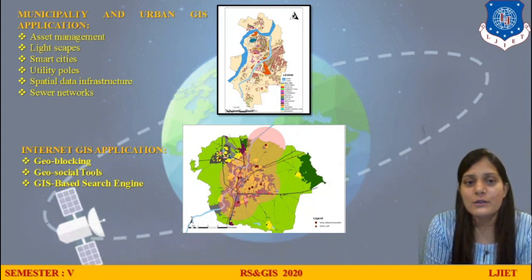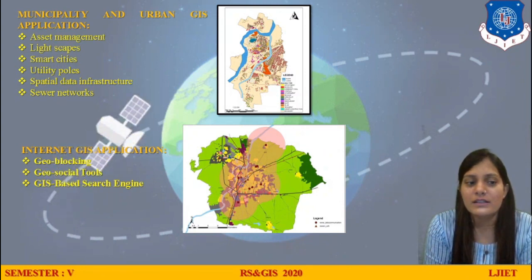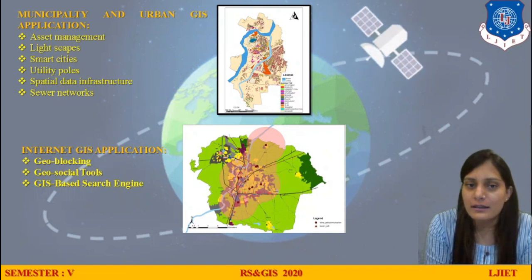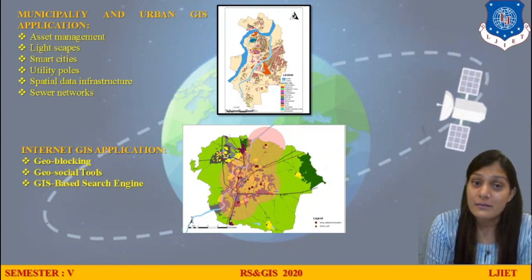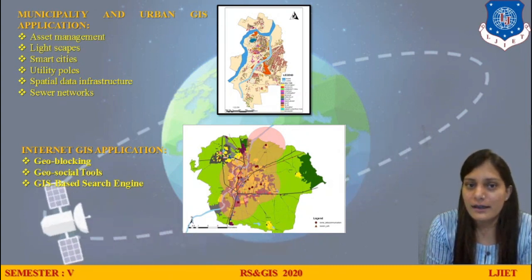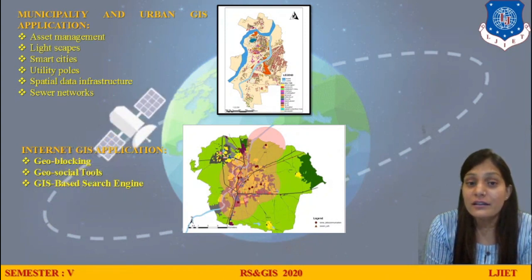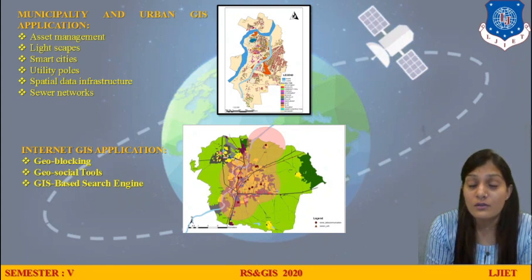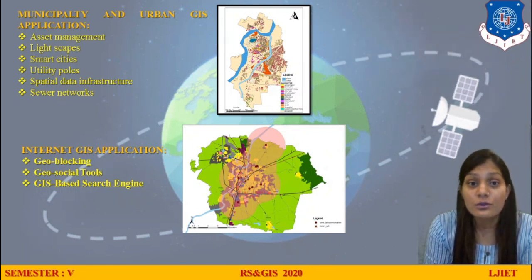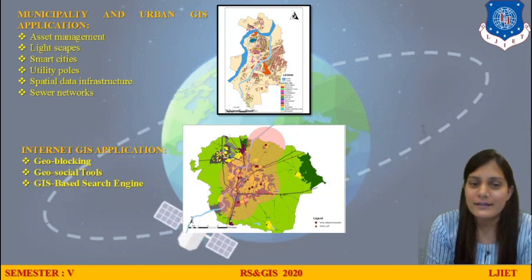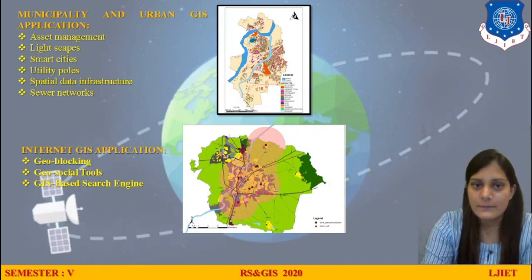Next is internet usage. We have some tools, that is geoblogging, geosocial tools. This might be new for you, but what does that indicate? Geo means you can locate every time that we have a special location, right? So what will I get from it? The internet usage. Actually I will get to know how much internet usage has been done, which sites can be served, and through that I can do the analysis of social media also. That is internet usage analysis, right?